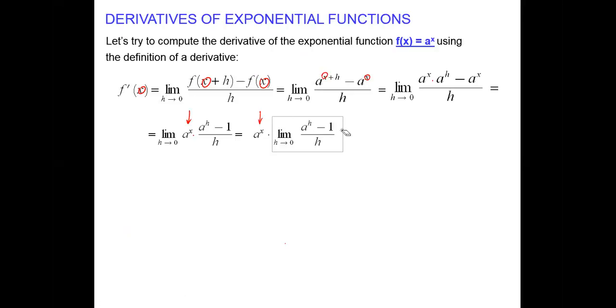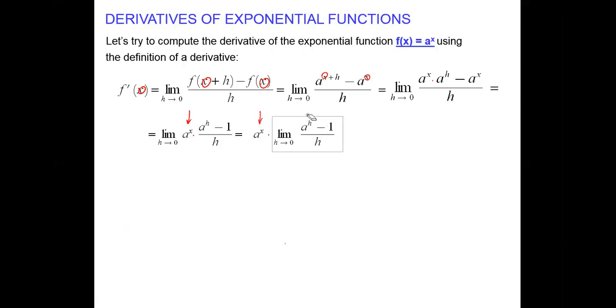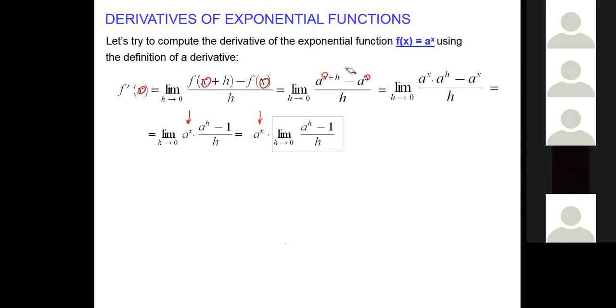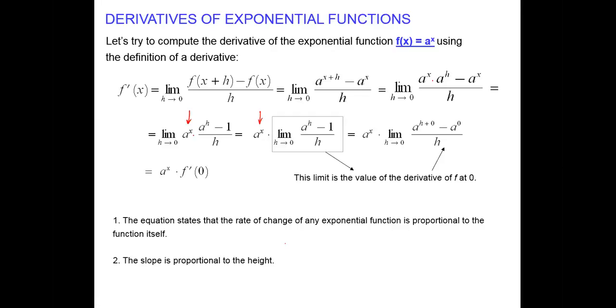We can see how nice it is. It's a nice property. It's the same thing, but we still have to know what it is. It's telling me that the derivative, I will remove that 0 because I still need x, will be proportional to itself. I still didn't compute everything, but this looks like the derivative at 0. That means this box represents